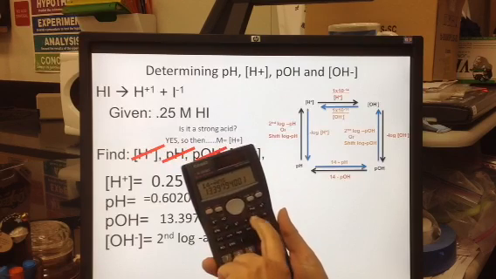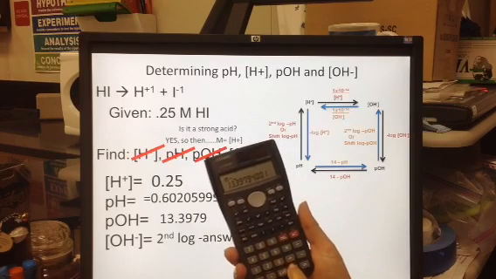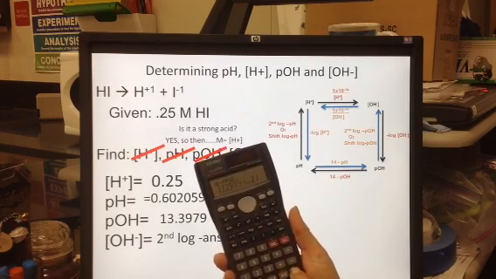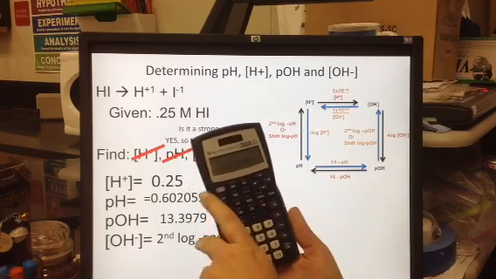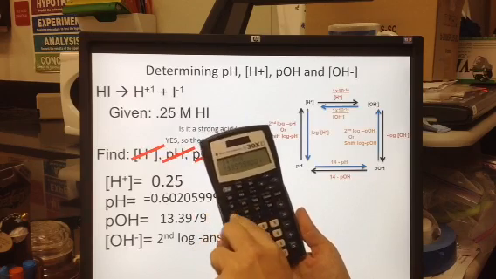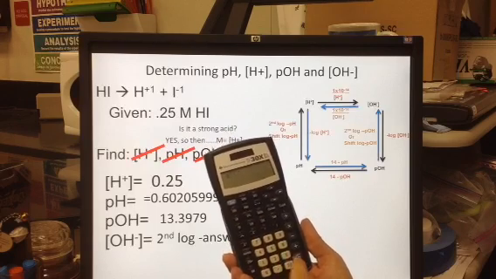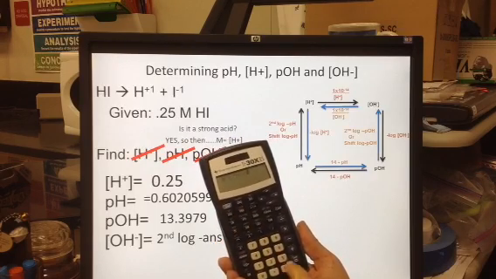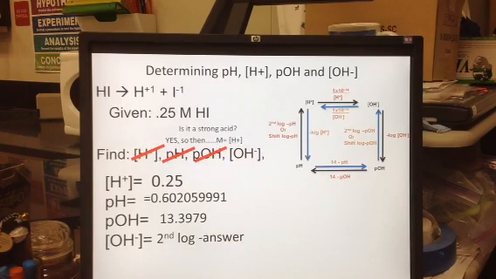So it's the shift log, but now of my negative answer, equal sign. Or on this calculator, it is the second log of my negative, and remember, to get to the answer, I've got to go shift and answer down here, of my negative answer. Of course, either way gets me to the same answer, which is 4 times 10 to the negative 14. Now, I have finished